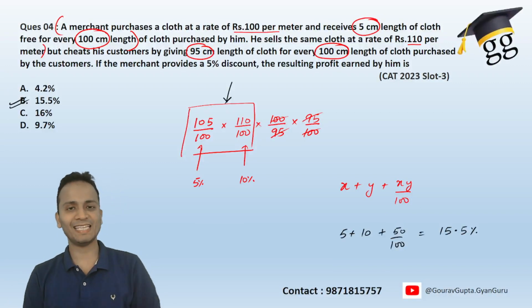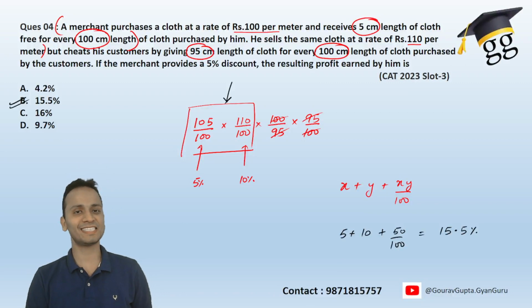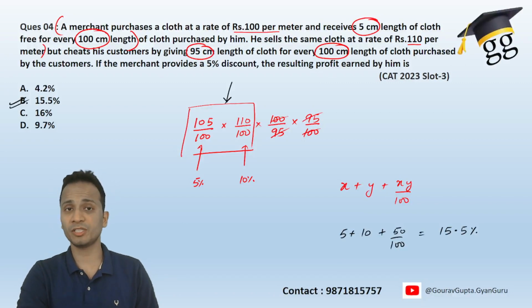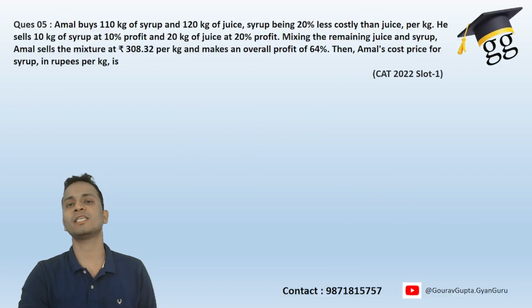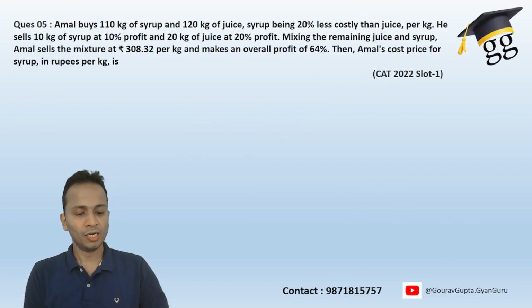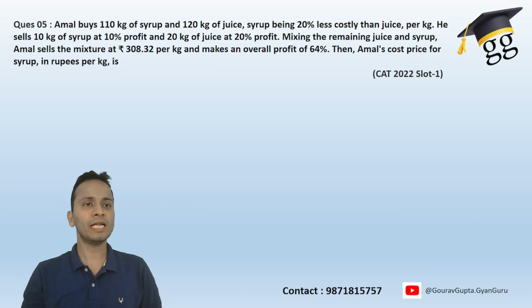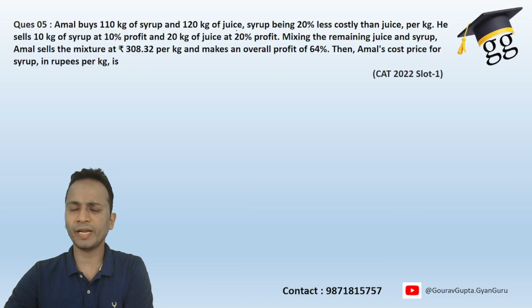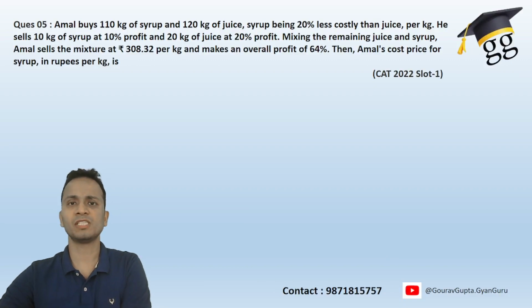Okay, so apply this kind of method and save your time. That was CAT 2023 slot number 3. Let's move on and look at CAT 2022 slot number 1. Now, the question is: Amal buys 110 kg of syrup and 120 kg of juice, syrup being 20%